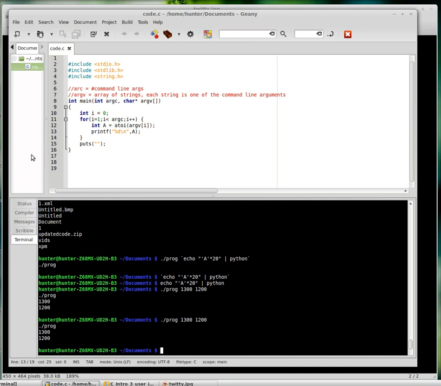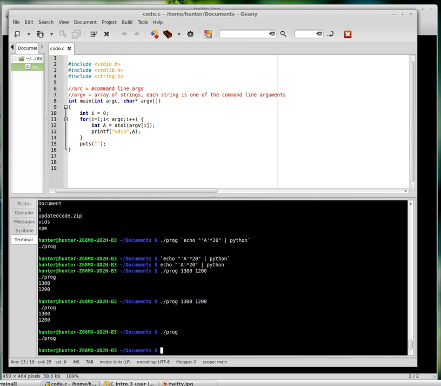What else? So frequently when you write a program that depends on two command line arguments, the user will not know the usage of the program and sometimes omit them. So sometimes you want to yell at the user for doing that. And you can check the argument count. So you can say if argc is less than, what is argc going to be in this case? It's going to be 3, because 1, 2, 3. So if argc is less than 3, then you can say